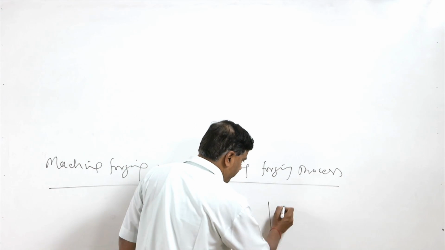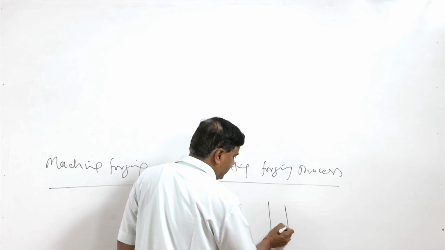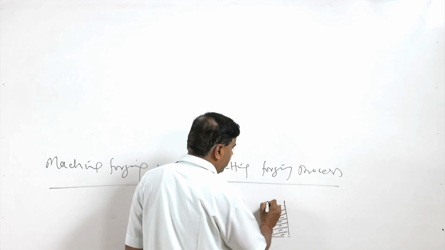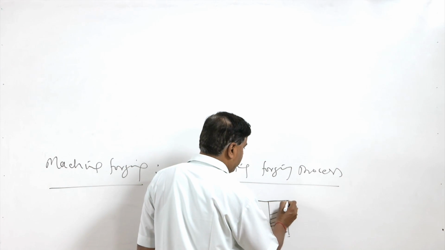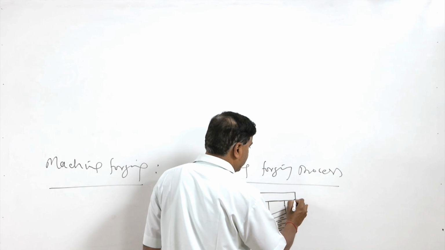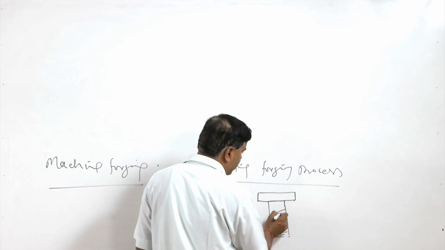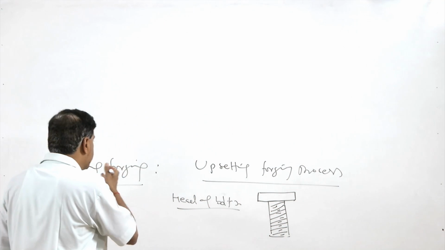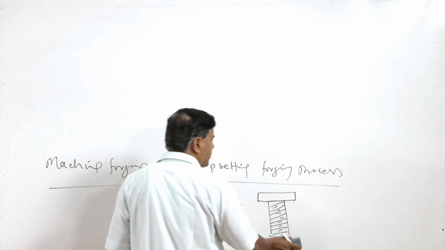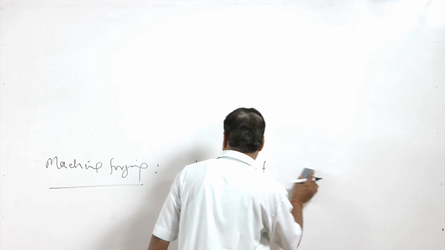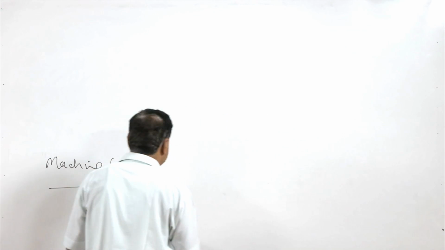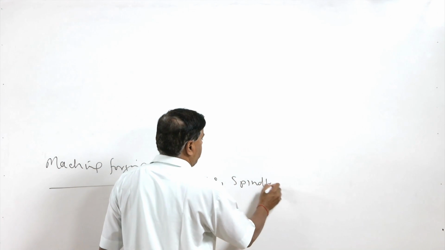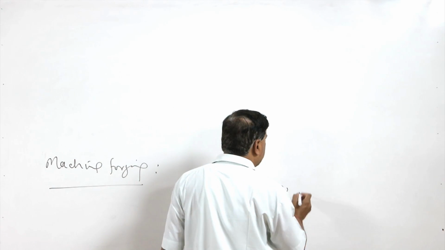Like we have a bolt having threads like this. At the top, if we need the head, we need to upset and make the head like this. So for making the heads in the case of bolts, this process was initially used, and thereafter it has been used for making many other important products, like axles, spindles,